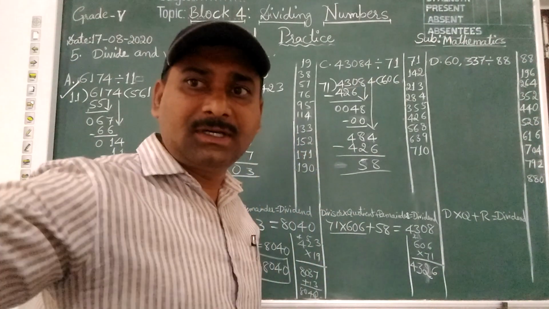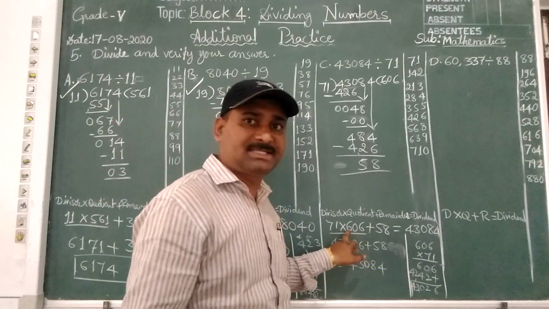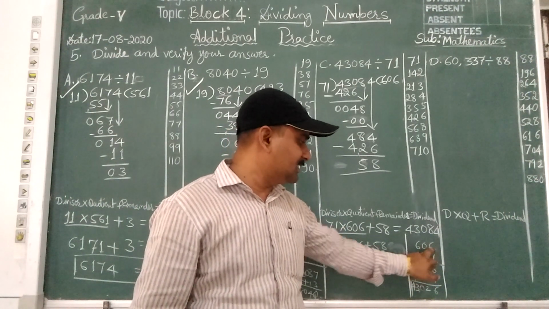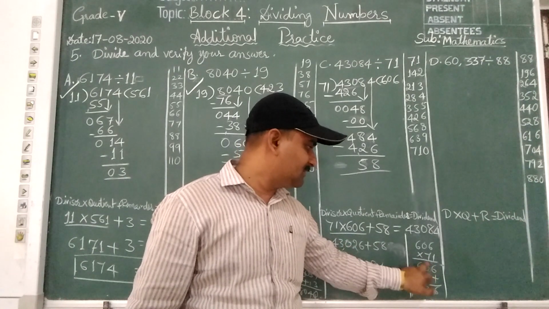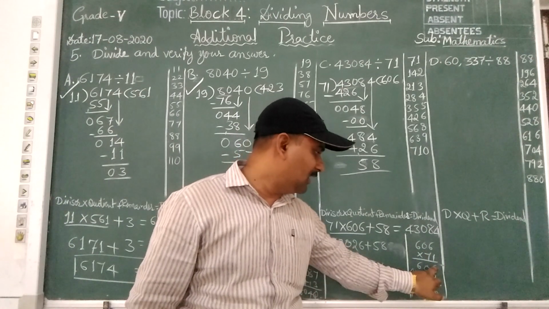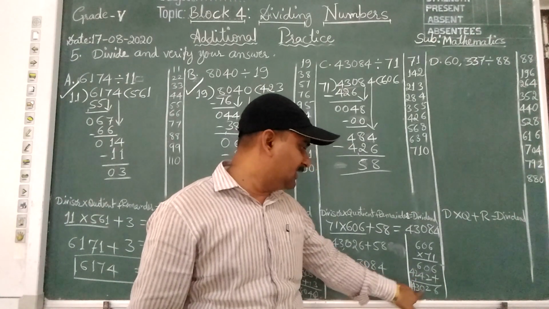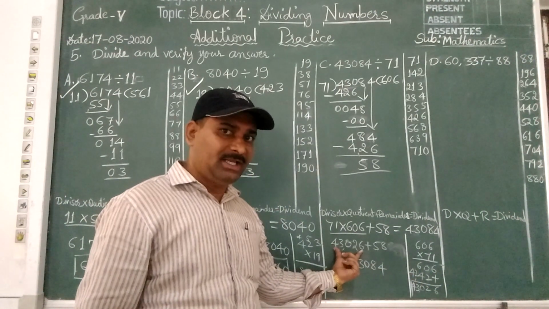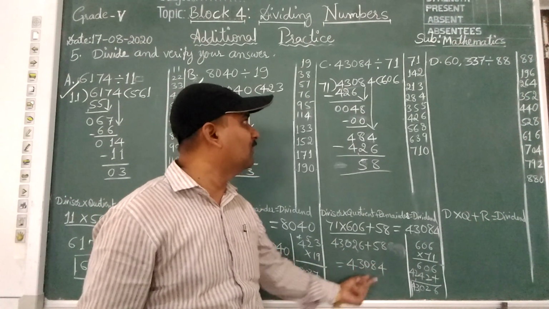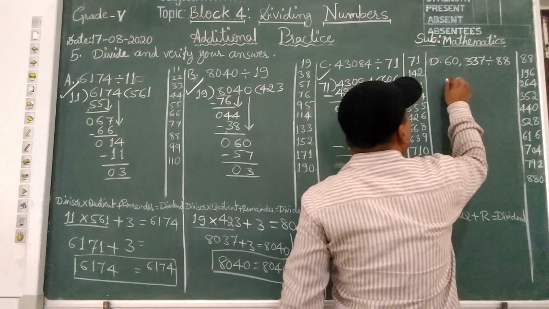One minute, children. I will divide. Children, multiplication of 606 and 71. First I have done 1 into 606 is 606, plus with 7: 7 sixes are 42. 0 means 4. Again 7 sixes are 42. Add: 6, 2, 6 plus 4 is 10. Carry 1. 2 plus 1 is 3, 4. So 43,026. 43,026 plus 58, you will get 43,084. This is the division. Okay. Let us do the last one.